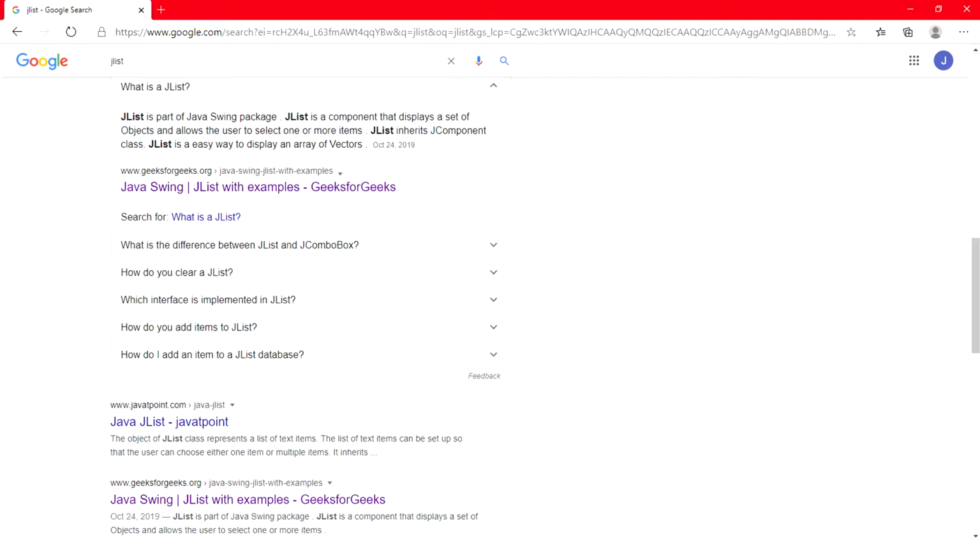In this video, I will show you the basic use of jList in Java Swing. So first, what is jList? The object of the jList class represents a list of text items. The list of text items can be set up so that the user can choose either one item or multiple